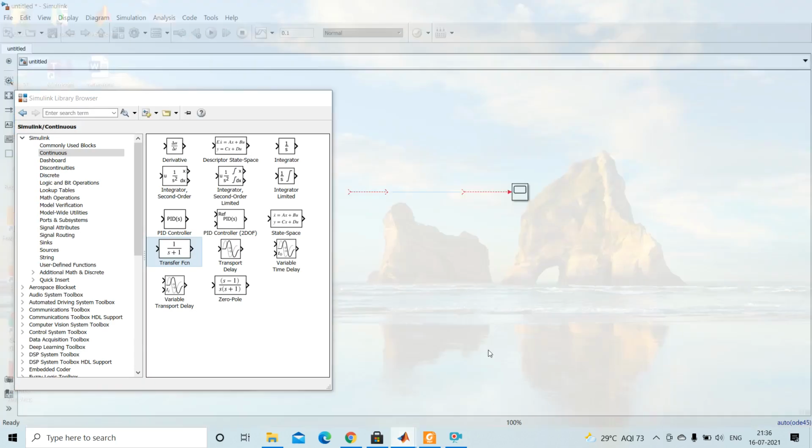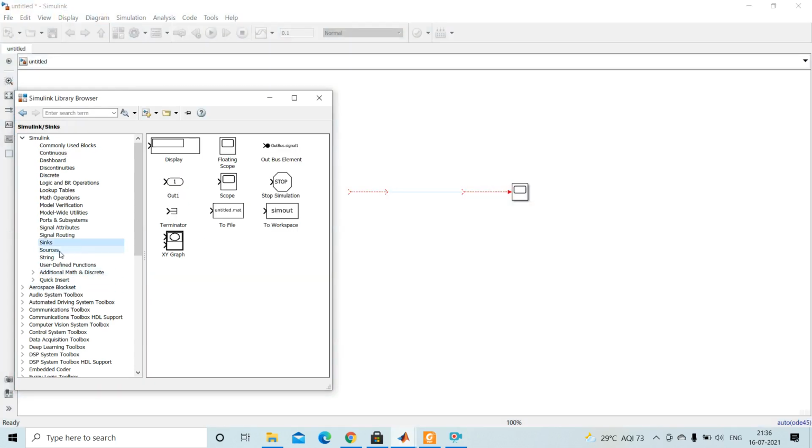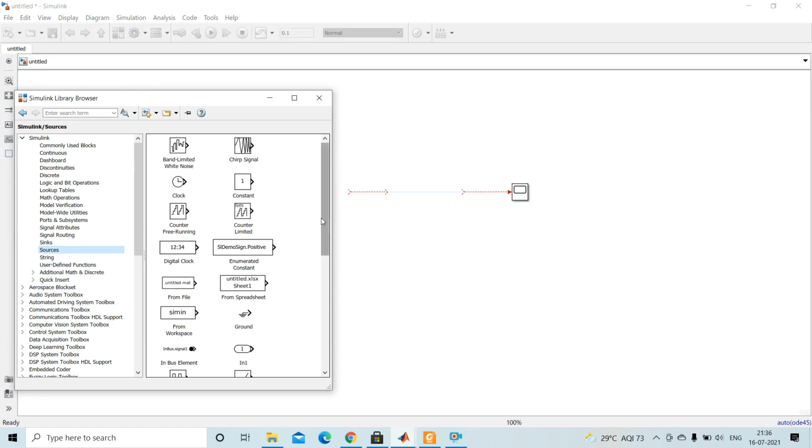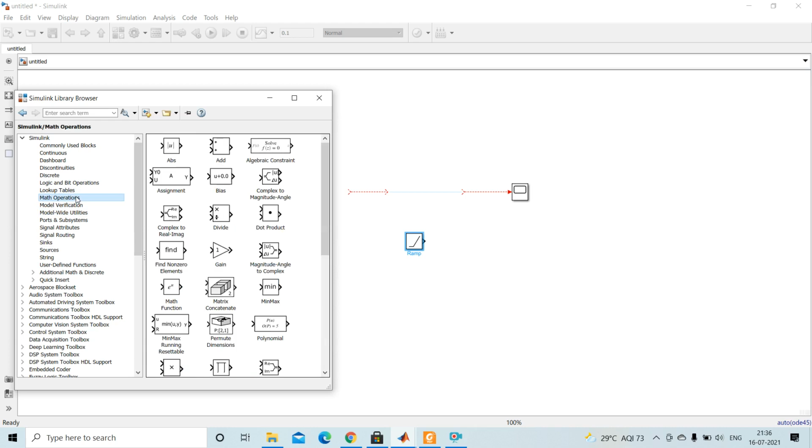So from the library, just sink, source, we are using ramp, so control I, then we are using function, go to the math operation.